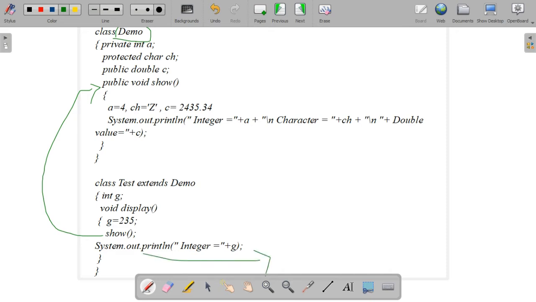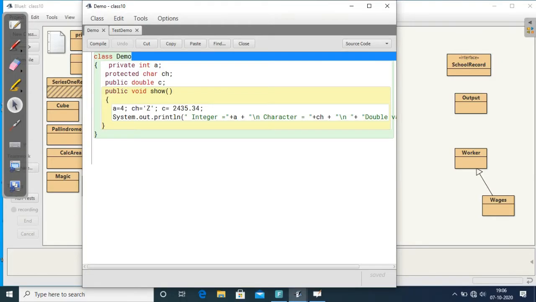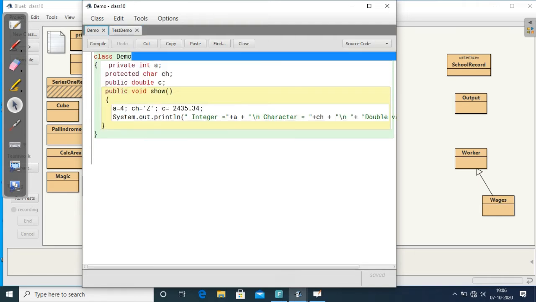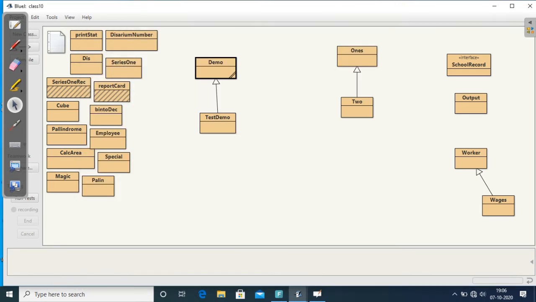So how will it execute? We need to check the output. I have written class demo here with these values, and the next one is test demo. Class test demo extends demo. Demo is the parent class, and test demo is the child class.